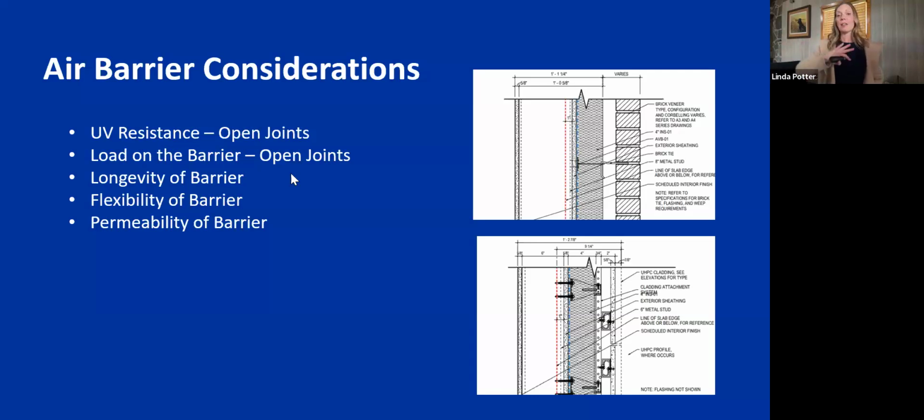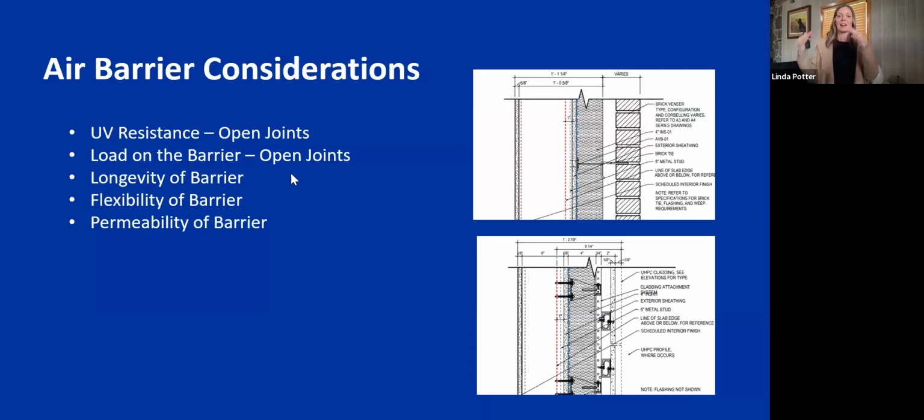If you can make it happen, there's a lot of ways you can do this now. The problem is if you've got a panel and you don't have continuous insulation, you're adding and you use open jointed rainscreen panels, now you've got a barrier that's exposed to more loads and UV. So make sure you've got a barrier that can stand up to that, that's not going to cause you that problem where you're removing panels because your air barrier failed